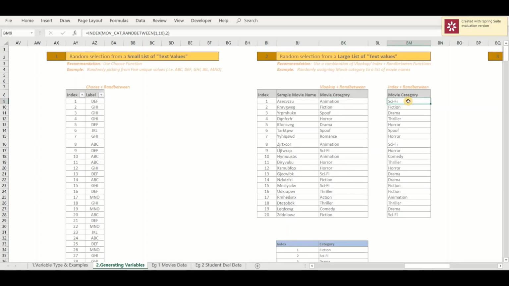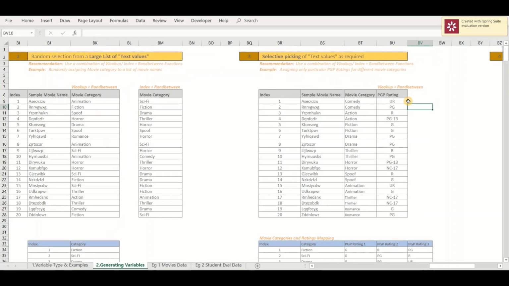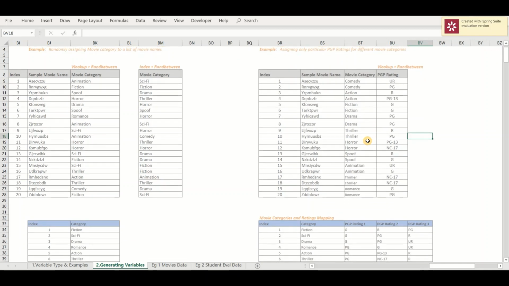One can also use the INDEX function in place of VLOOKUP to perform this task. In the third example, I'm adding one more text variable, which is the PG rating column. Since the movie names that I've generated here are dummy values, I'm assigning the PG ratings on the basis of movie categories. I also want to ensure that I assign different types of PG ratings to a particular movie